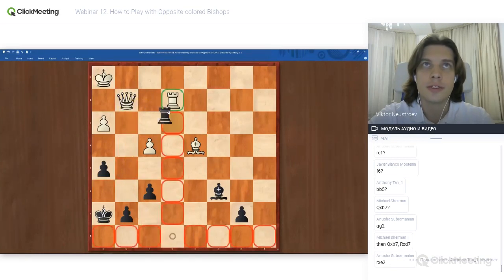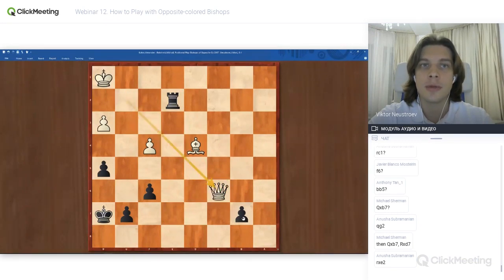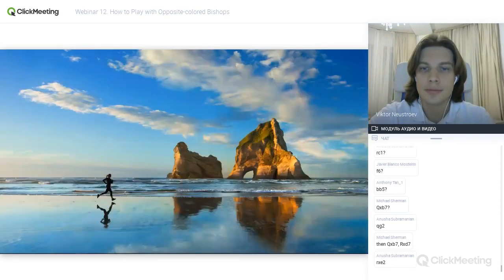And finally, rook e2. The queen is pinned. The best thing he can do is to take on c6, but then b takes on c6, and of course it's winning for black because of just this rook and two extra pawns. Okay, fine. The next one,